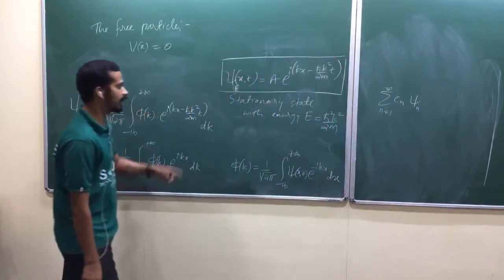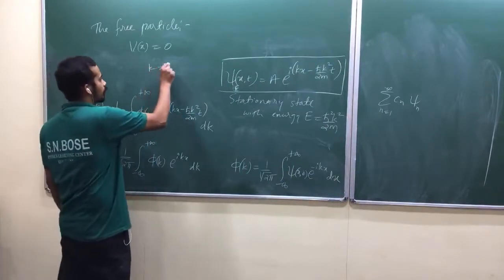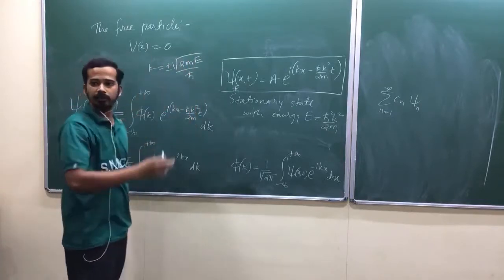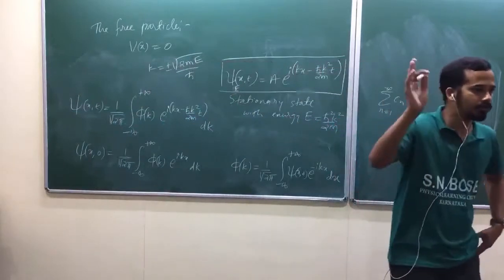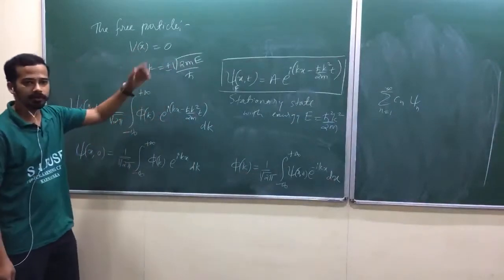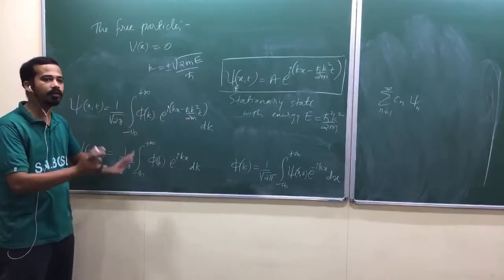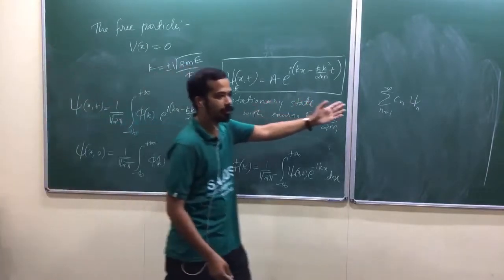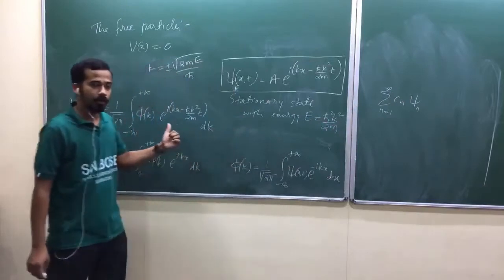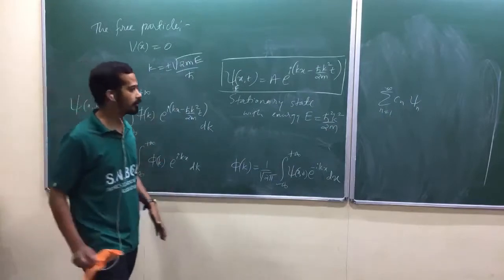You have done the summation over all possible energy states as the linear combination state. Now, what are all the possible k values? Minus infinity to plus infinity. K is equal to plus or minus root of 2mE by h bar. Am I right? Energy can be anything now. Energy can be 0 to infinity. Are you getting my point? Then k will range from minus infinity to plus infinity. So that is the range here, okay? K range is minus infinity to plus infinity. There is no restriction. Just like here we have done summation over different energy states, which is from 1 to infinity, all possible energy states, you have to integrate over all possible k. That's it. Find the similarity. This is exactly the same as a linear combination state.